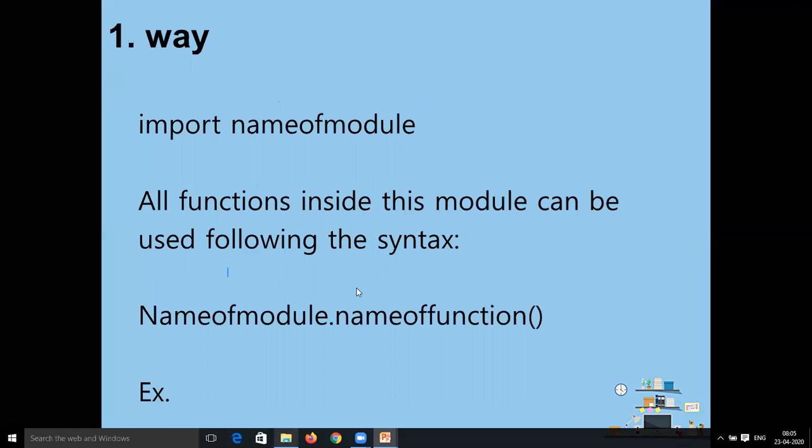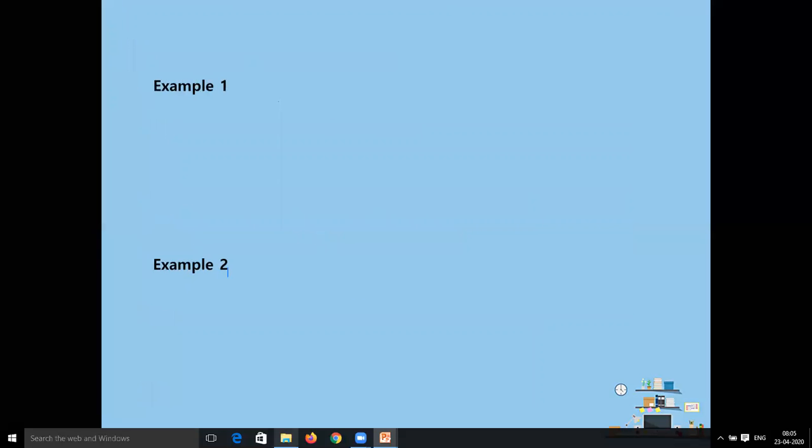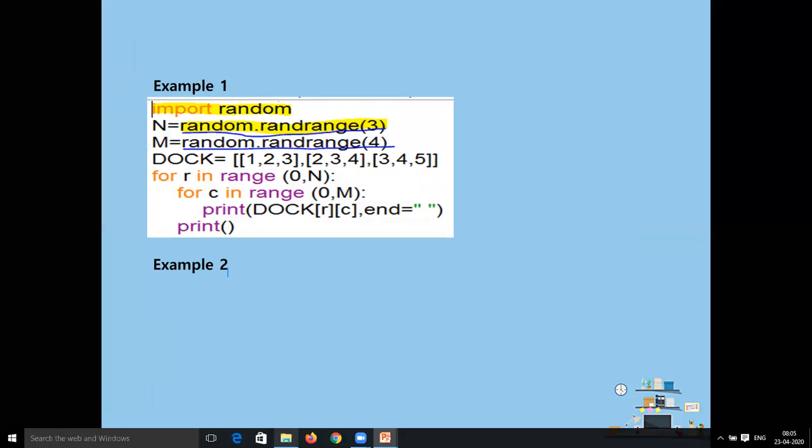In the first way, import name of module, all functions inside this module can be used following the syntax name of the module dot name of function. For example, suppose we imported random, then in the first underlined statement we have called the randrange function.